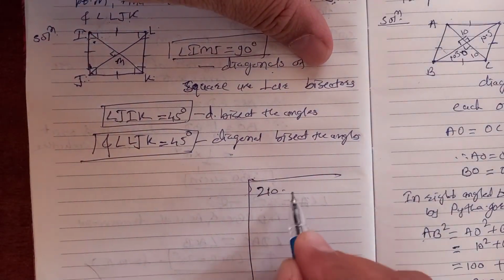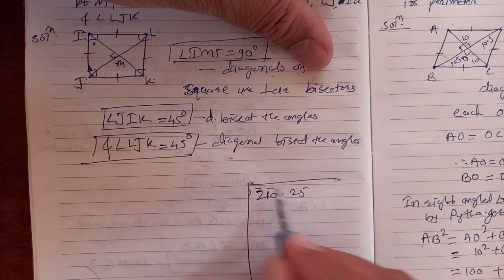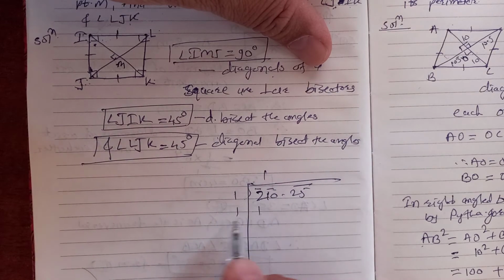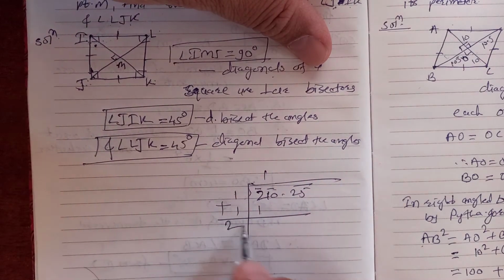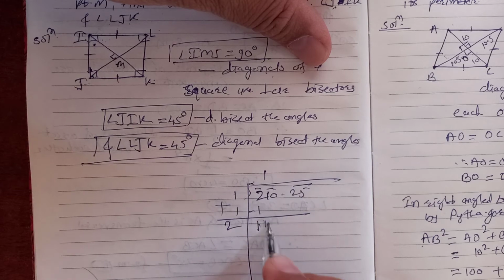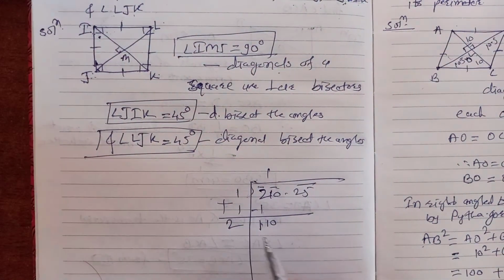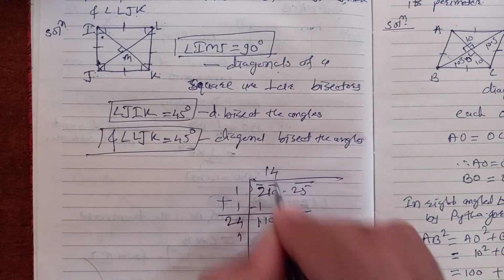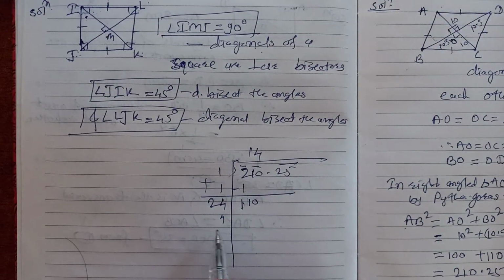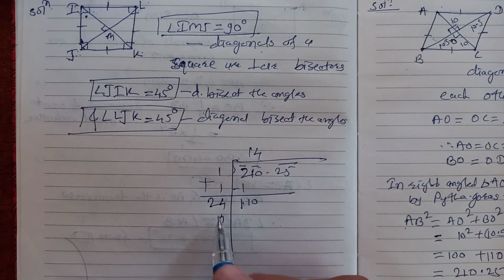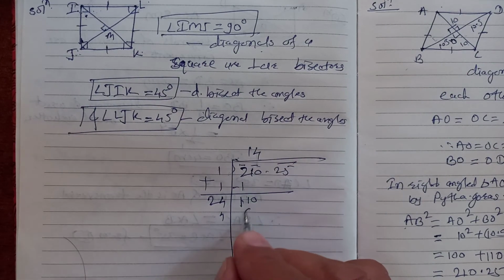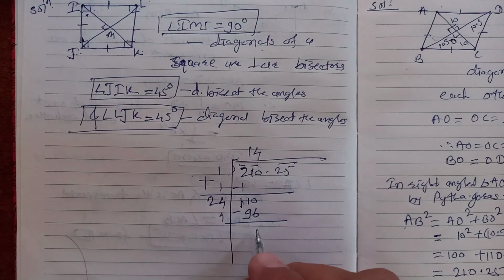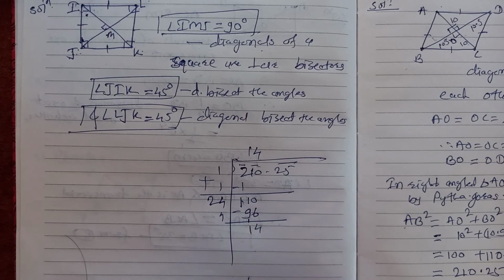So here we'll see 210.25. You know the division method. Make a group of two digits. Here integer, this 2 1. So here 1, 1, 1, division of this one. Here addition, here subtraction, 1 and 10. So after 2, which digit here you have to take? Suppose we'll take 4. Now this method you already studied in 8th standard. So 24, 4s are 96. Okay, so here 4, carry 1, here 14.